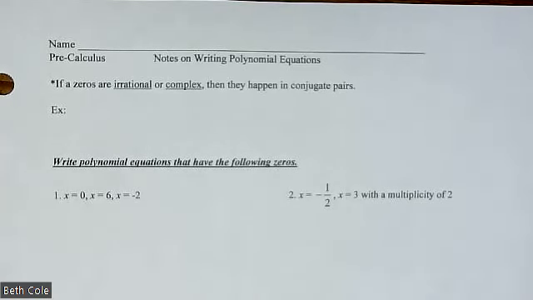All right, so up until now, I have been giving you the equations and you had been finding all of the zeros. We're now just going to do that backwards. A lot of mathematics is being able to do something forwards and then do it backwards, like you want to do something and then undo it. So this time you're going to be given the zeros and you'll write the equation, but the same rule still